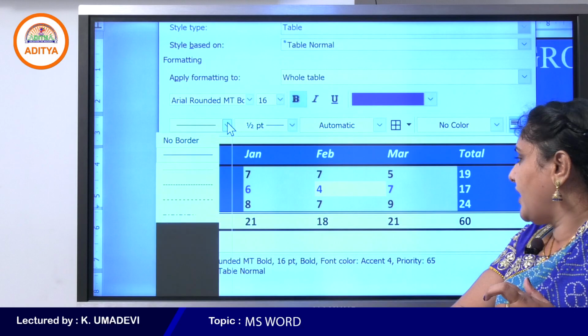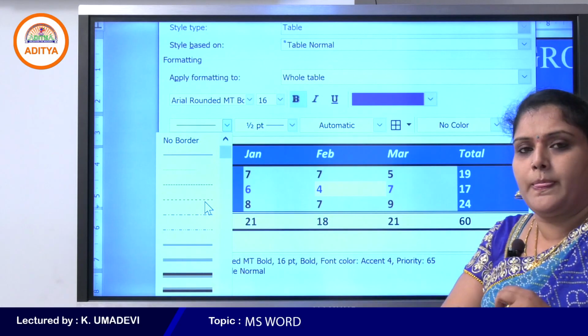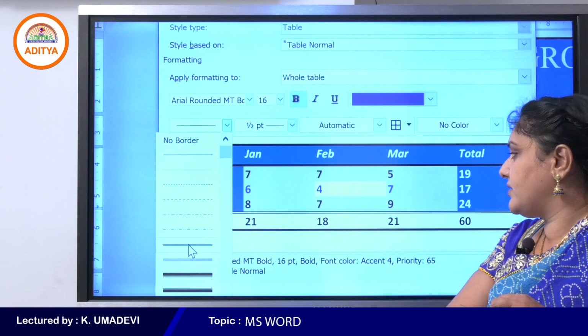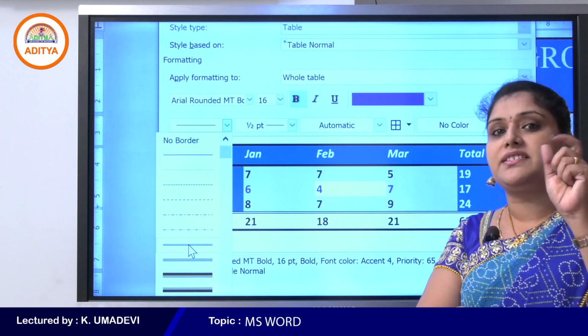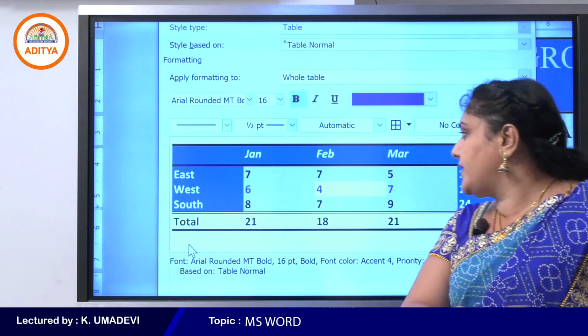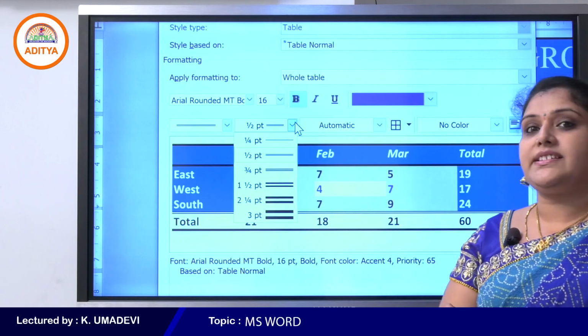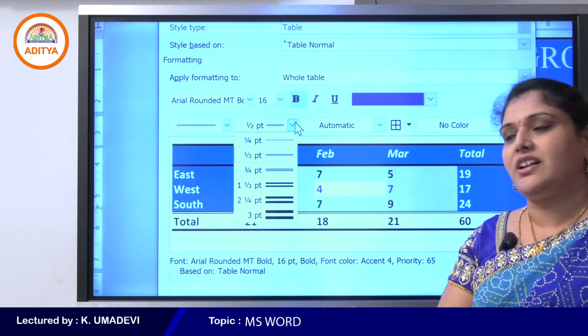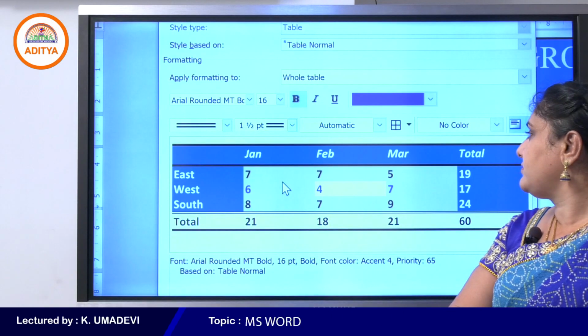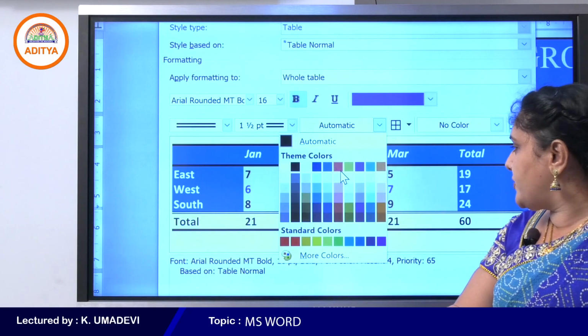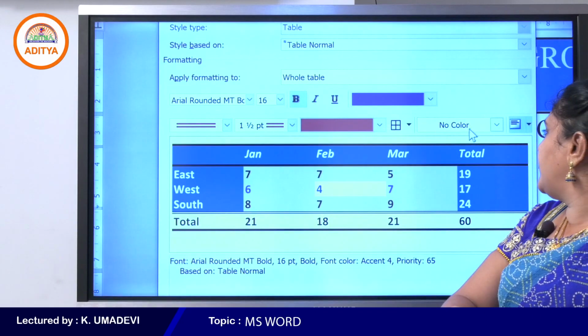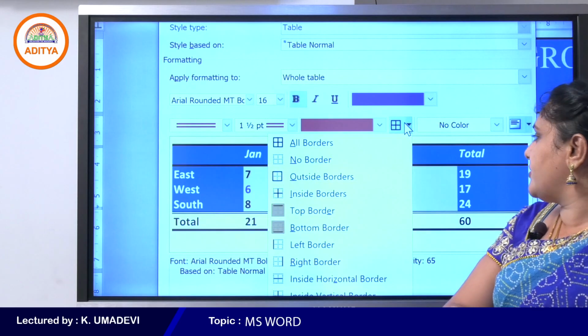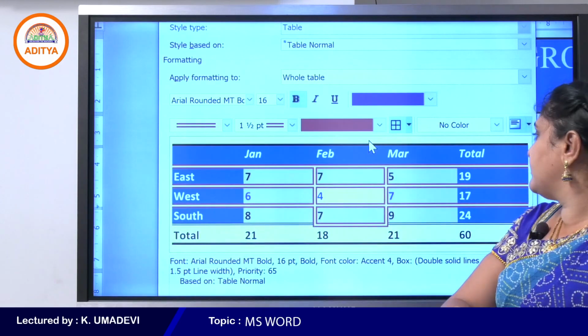And if you want to change the borders, that means if you want to change the border style, click on any one of these styles. You can select the border width also. Again, if you want to apply a color, select any color. Okay students, so this is about borders.